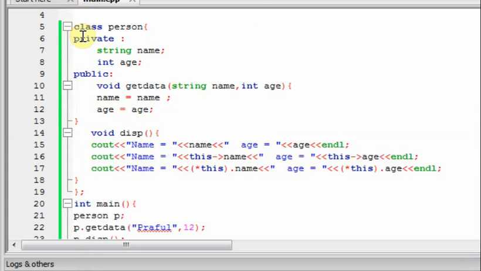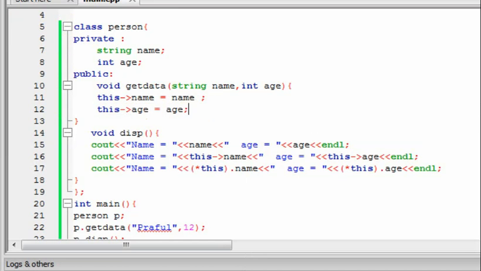So here we can use this name, this age, meaning now it is known to us that this name, this age are the members of this class, and these are the argument name and age.